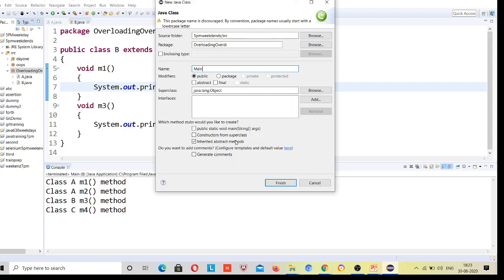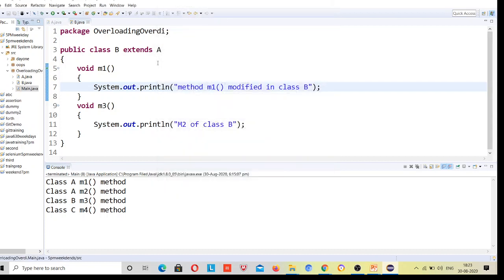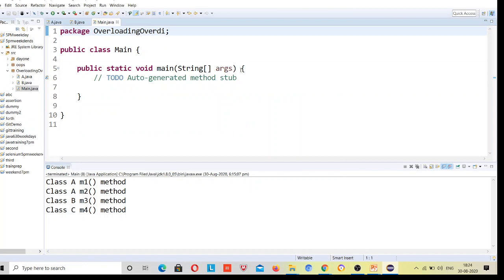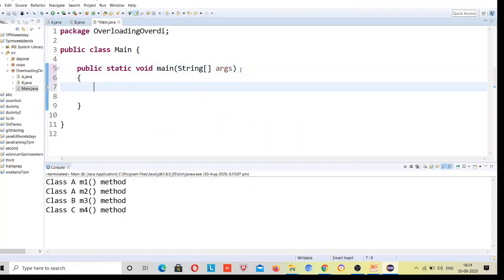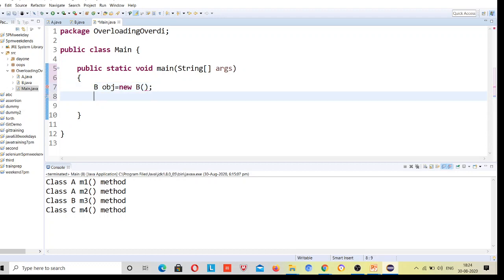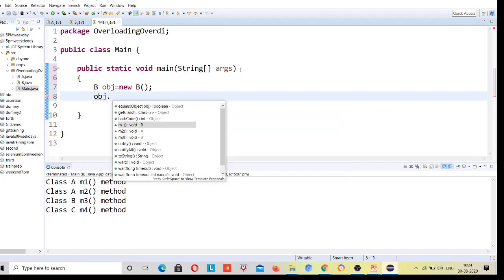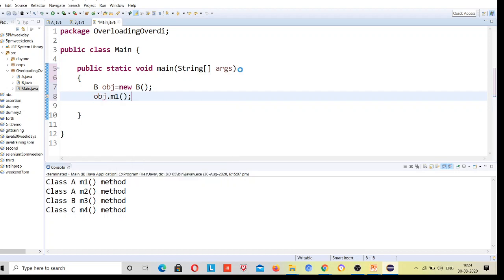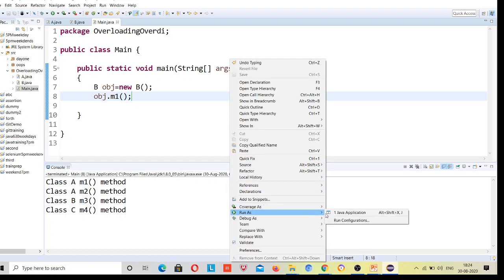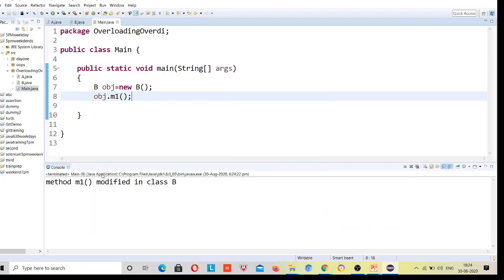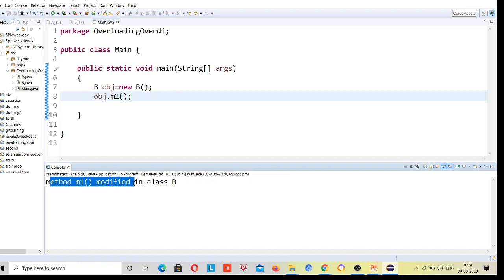My main class will have a main method. B object is equal to new B. Let me call object dot m1. I will call it, and you can see method m1 is modified in class B, right.